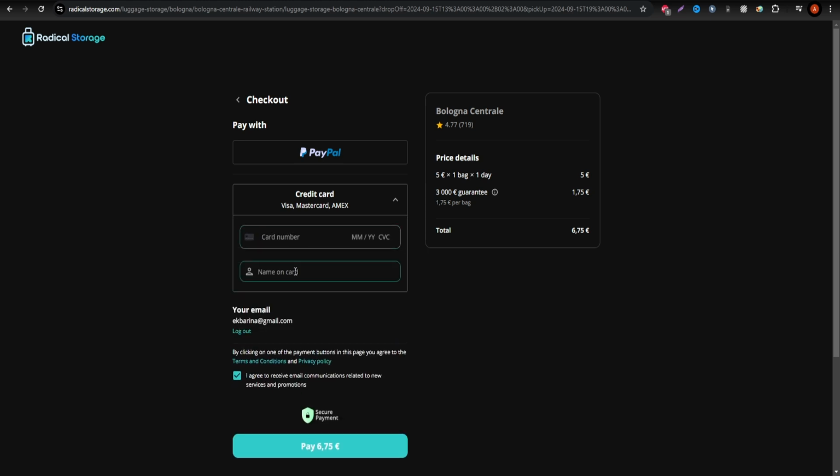And that's it! You can now explore Bologna without the hassle of carrying your luggage, knowing it's safe with Radical